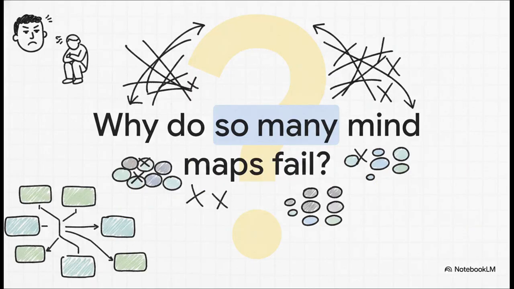But right off the bat, let's start with a question that might hit a little close to home. Why do so many mind maps fail? I mean, be honest here. Have you ever sat down, super motivated to build a mind map, only to end up with this chaotic, confusing web of words, a bunch of cross lines, and a massive headache? And then, you just kind of give up and go right back to writing those regular linear bullet points? Listen, if that's you, you're definitely not alone. Pretty much everyone struggles with this at first.